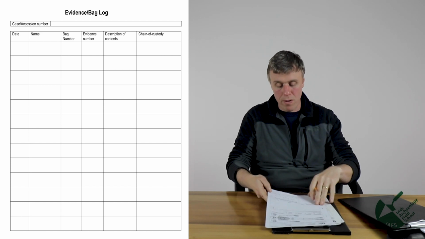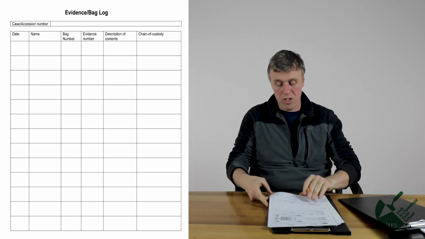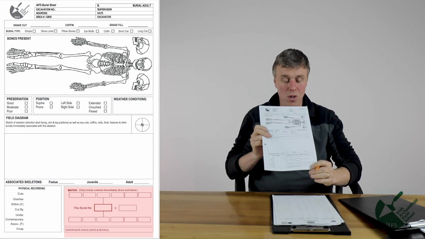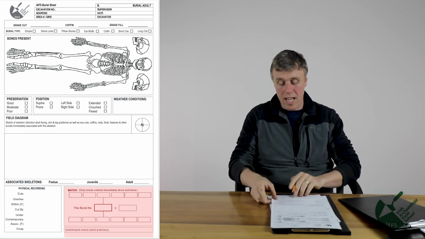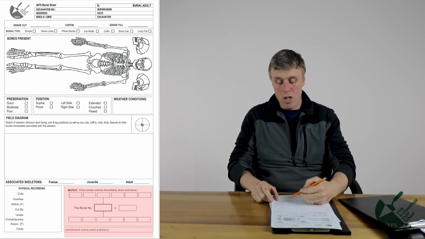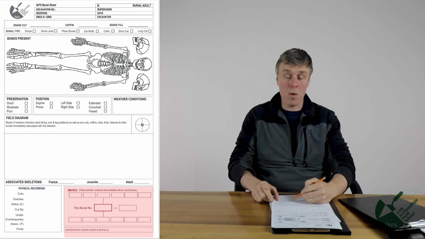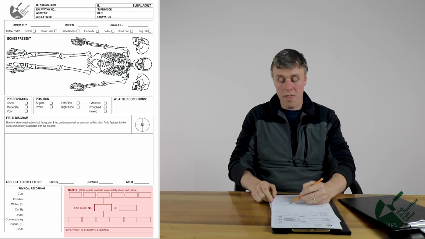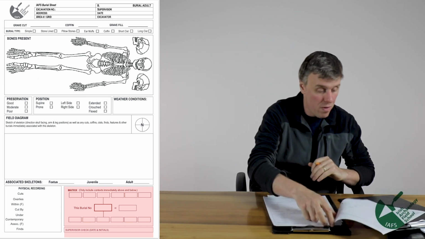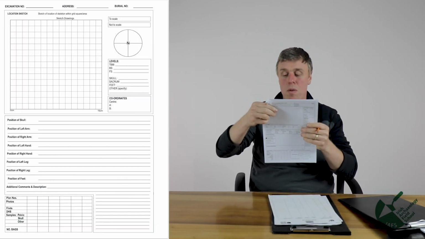Coming back to the adult burial sheet then, you'll have your matrix, which is exactly the same as we talked about with the cut and fill sheets. The only difference, I guess, is it's asking for a burial number in the middle. So this, I think we said, is burial 1. So the cut would go underneath that because it's what came before it, 102, and the fill will go on top because it's 101, all right? There's a supervisor checklist again, and then we will flip over.